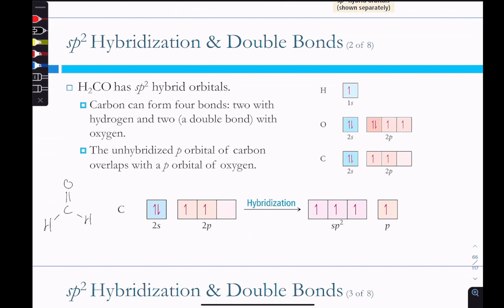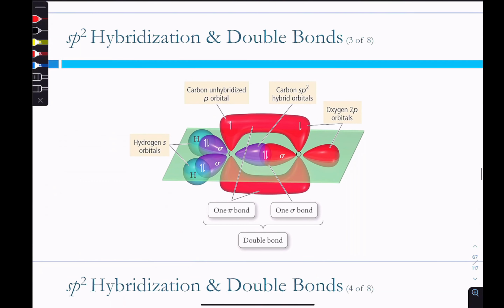Right, so it's got the double bonded oxygen. We take this and we hybridize 3 orbitals together. So 3 orbitals means we have sp2. That means we get 3 half-filled hybridized orbitals, and we get 1 unhybridized p orbital. Now this oxygen has 2 unfilled orbitals, so it's going to want to form 2 bonds to fill those, according to valence bond theory. When we stick these together, the hydrogens will each take 1, and then the oxygen will take 1 of these hybridized orbitals,